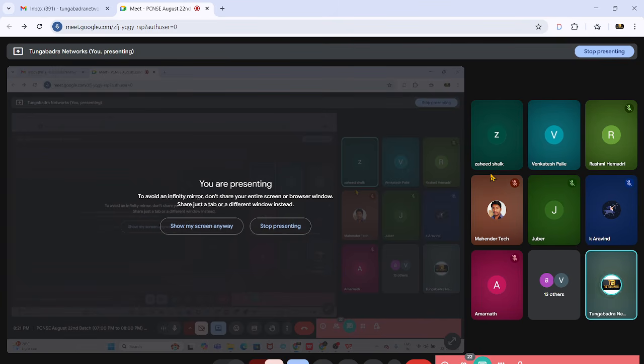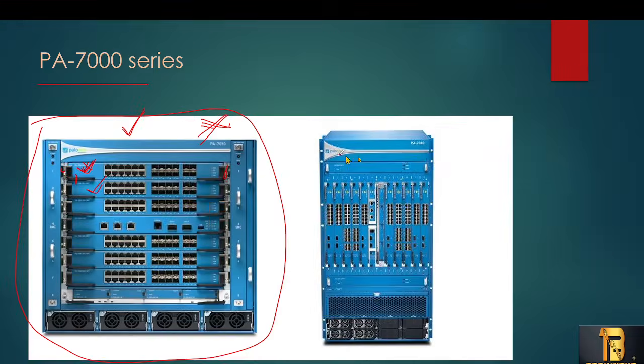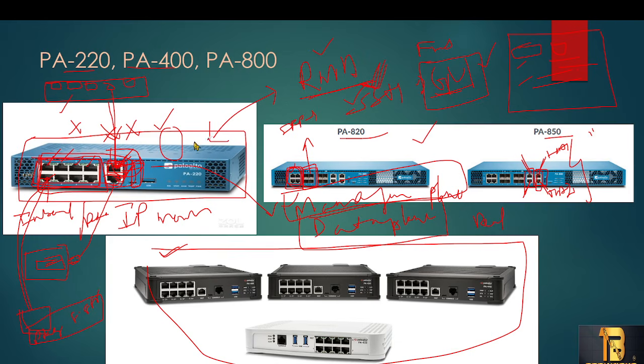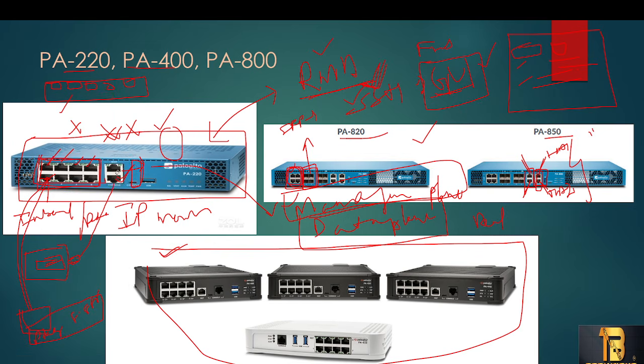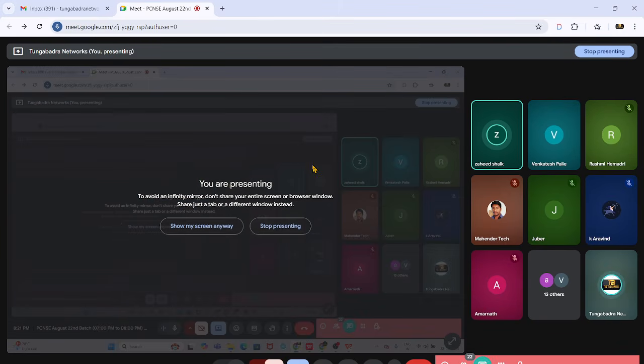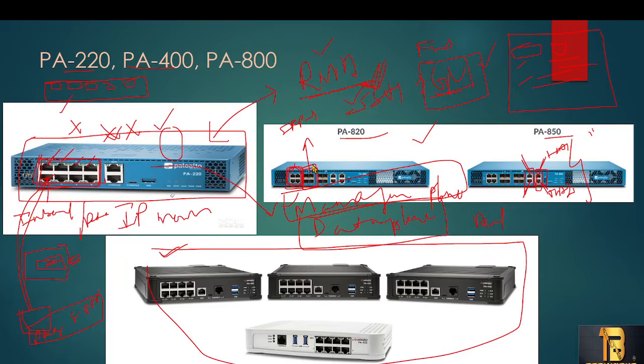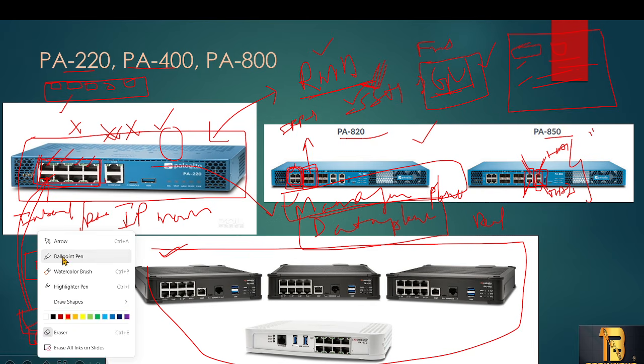No, for the GUI, if you want to access it, as I told you, we will have a management interface. We are going to configure the management interface IP, and using that management interface IP, we get access to the firewall GUI. My query is how we will practice in the GUI after completion of the sessions, if we want to create any rules or zones. Yes, that's what I am telling.